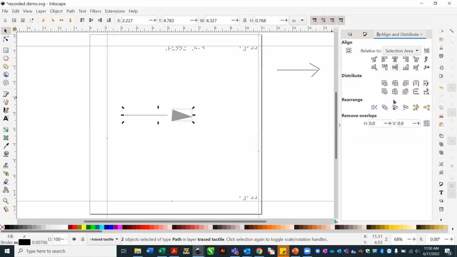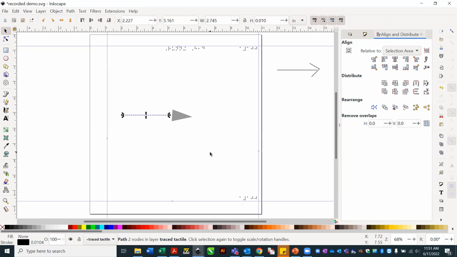And then I'm not sure, but I wonder if distribute centers equal, no. I'm just kind of guessing with these distribute possibilities right now. Let's see what happens when I click on this make horizontal gaps. I know I don't want a gap. Never mind that. I'm going to click on just the shaft now